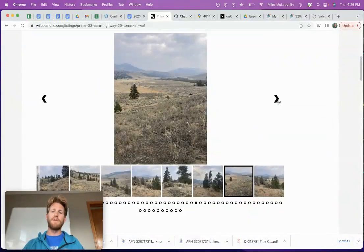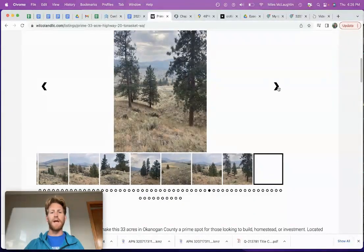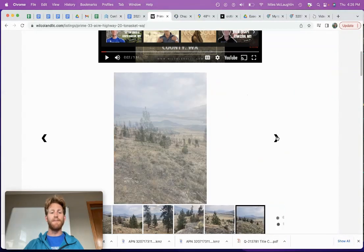It is just a classic, a good piece of land. I think it'd be a solid investment. We've got this thing hopefully priced to sell. If you do have interest in the land itself, just get with me. Give me a call,